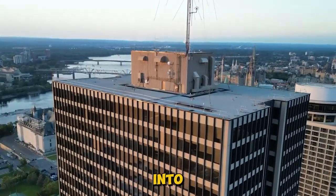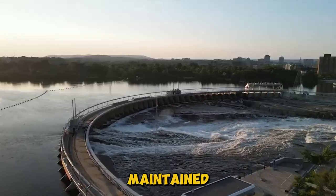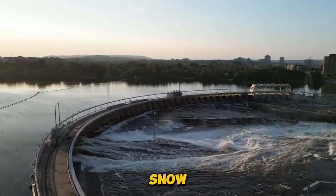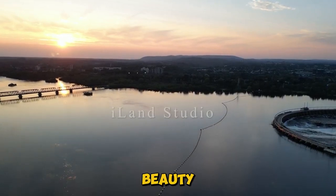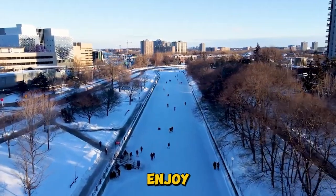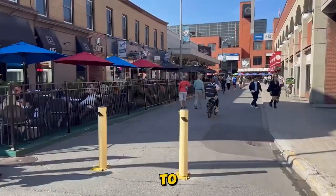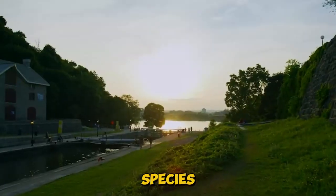Gatineau Park transforms into an outdoor enthusiast paradise in the winter with more than 50 kilometers of well-maintained cross-country ski trails, snowshoeing routes, and winter hiking paths. At different points throughout the park, visitors can rent equipment and take in the tranquil beauty of the snow-covered surroundings. The park is a sanctuary for those who enjoy the outdoors and wildlife because it is home to a wide variety of flora and fauna, including 155 species of birds and over